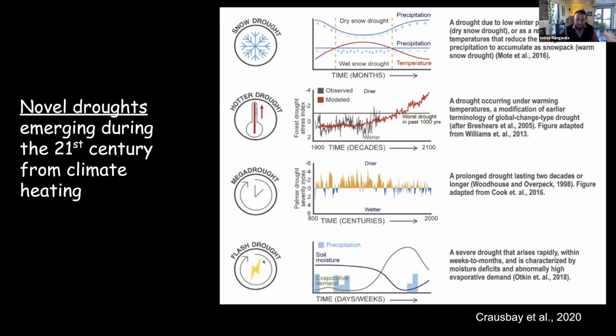And finally, on the flip side, we have the issue of flash drought. I'll talk about an example later in my presentation. Because a warmer and drier atmosphere is sitting on top right now, when we miss these precip events, we can get into an intense drought stress rather quickly. So it's rapidly evolving drought because of warmer and dry conditions.